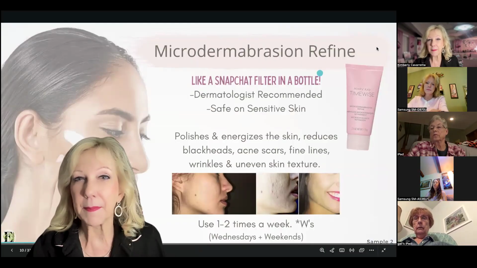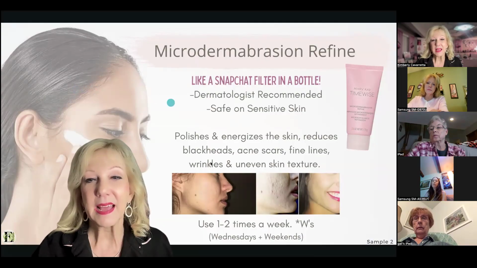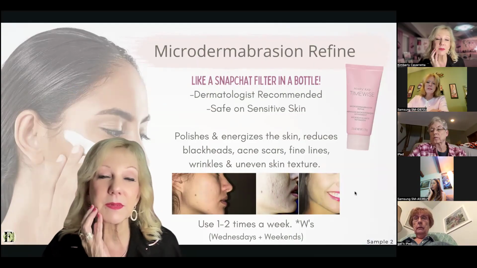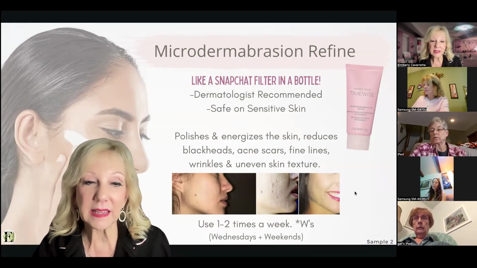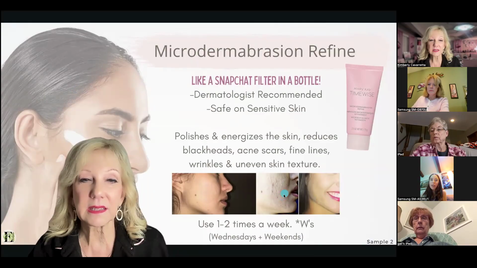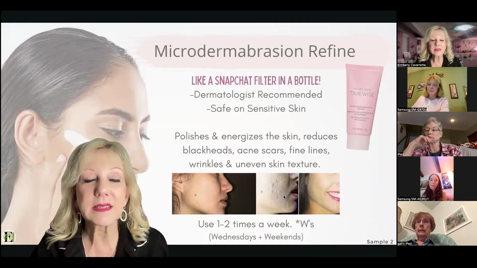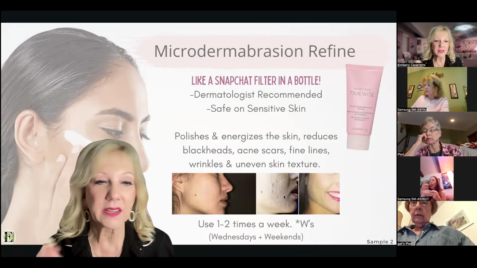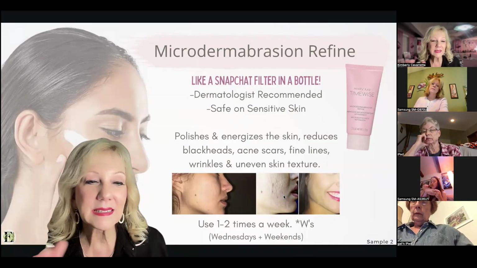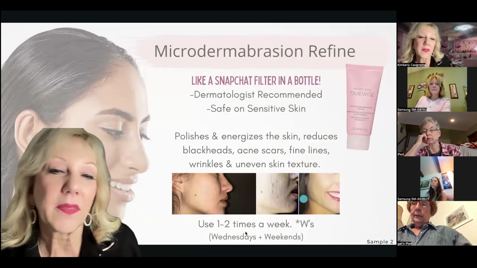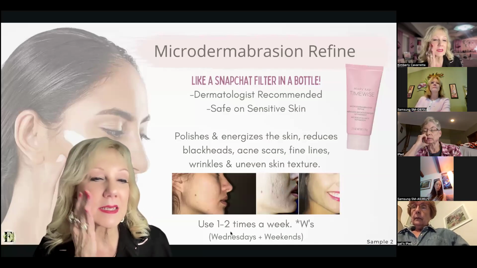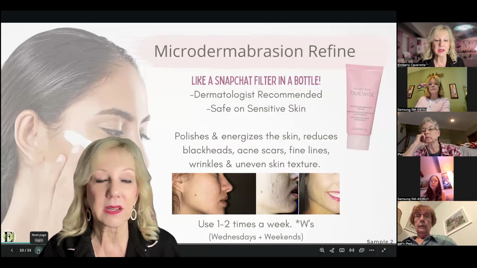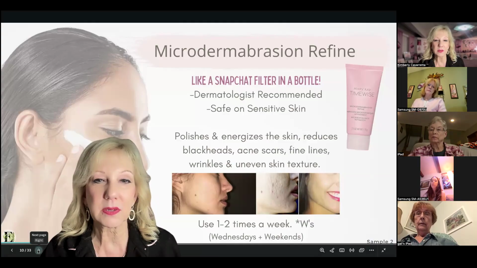Okay. I'm going to talk to you a little bit about microdermabrasion. As you can see in these pictures, this is great. It's tiny aluminum oxide crystals and it scrubs your skin. This is different than your cleanser. It resurfaces your skin, kind of like if you had a piece of wood that had unevenness, and you took and sanded it down, and you know how nice and smooth that wood would be. So that is what microdermabrasion does. It just smooths everything out. Uneven texture and wrinkles look much less. Everything looks better. Pores look better.